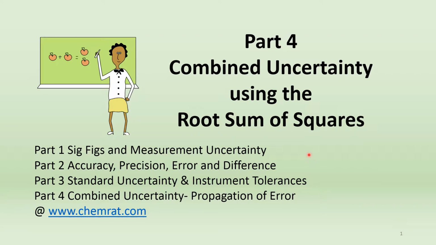Hi there. So we're looking at combined uncertainty using the root sum of squares, also called the propagation of errors, sometimes called the summation of quadrature. This is part 4 in a 4-part video series, the first being Sig Figs and measurement uncertainty, the second accuracy,